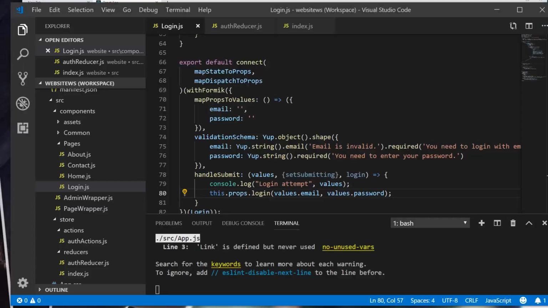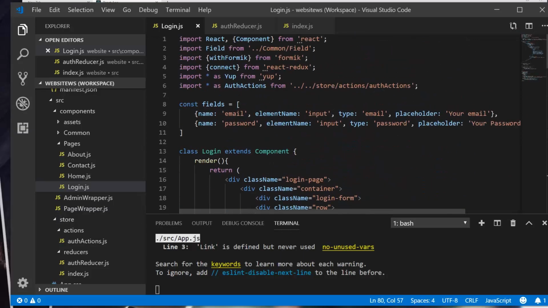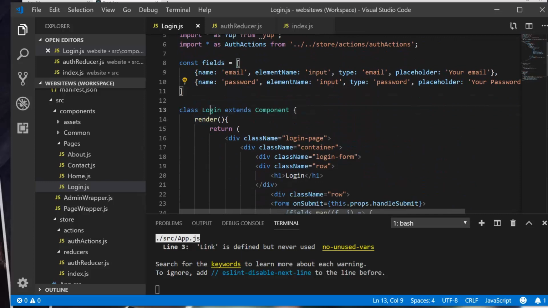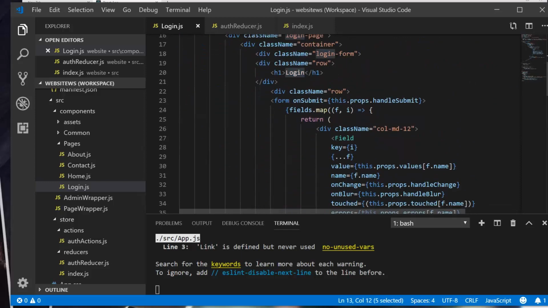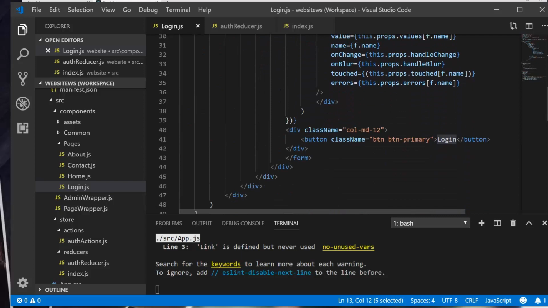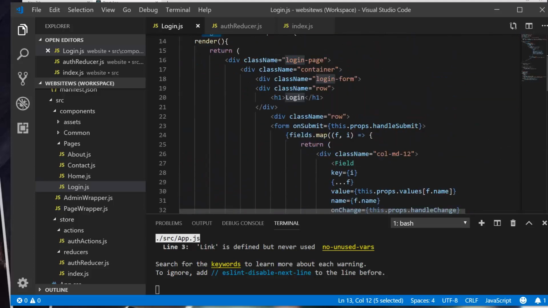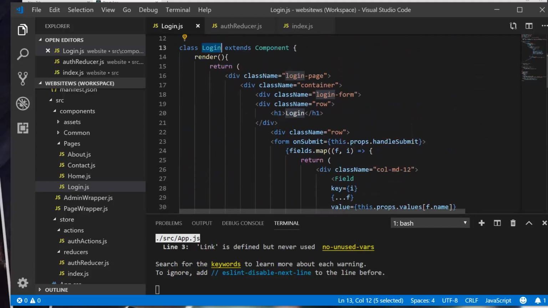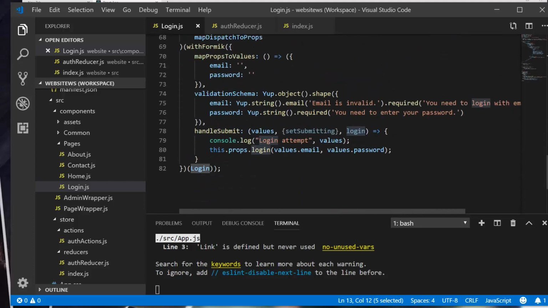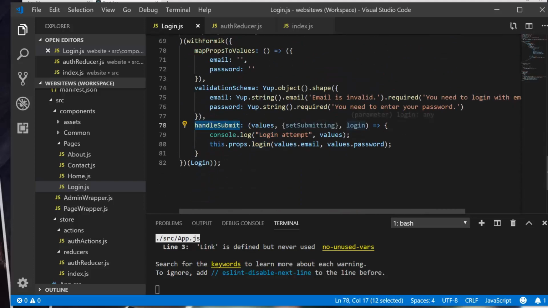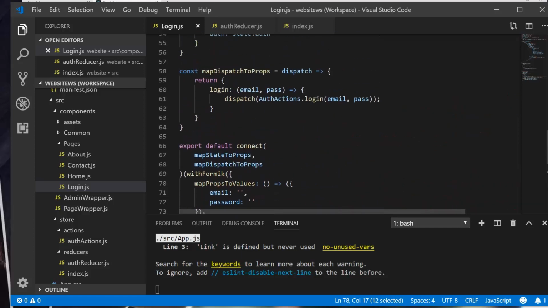Now, within our login component, we have two fields, email and password. When we submit the form, we should get the behavior of handle submit. I think we added that to the form element, on submit, this.props.handleSubmit. And then this handleSubmit function should get the login props. I believe it should. Then it's going to call this.props.login, and we will see our action right here